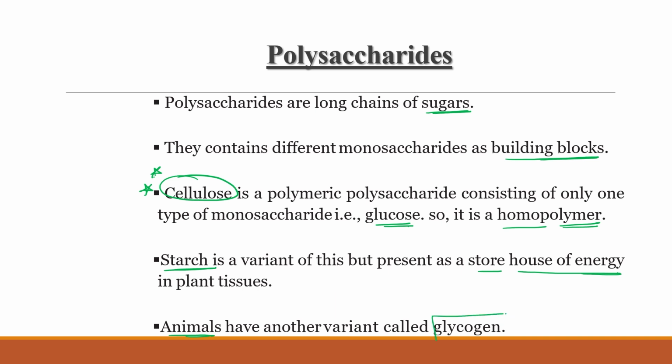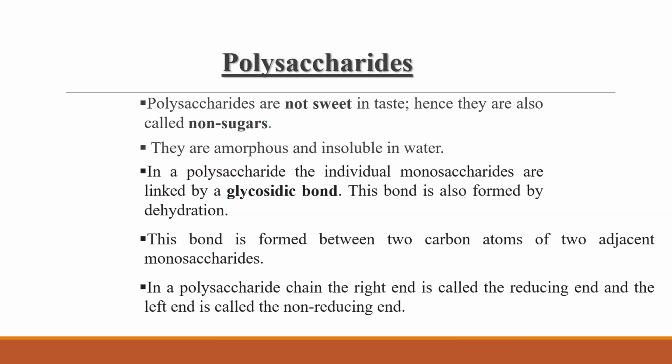What is the name of that variant? This is glycogen. Animals store their food as glycogen, right? So these are certain examples of polysaccharides, and these polysaccharides are not sweet in taste. Hence they are also called non-sugars. If we compare polysaccharides with monosaccharides, some monosaccharides are sweet in taste, like glucose and fructose, not all. But polysaccharides are not sweet in taste, so that's why we can use the term non-sugars for them,